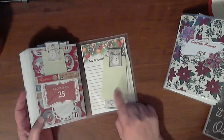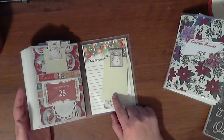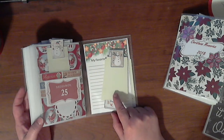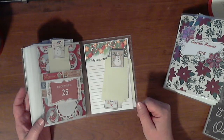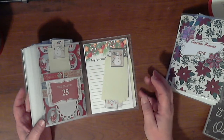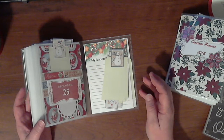There's also about 15 extra tags that I include in the back in case there's something in here your family can't afford to do, or your family just doesn't participate in something like that. And maybe you just like these activities better. There's activities like go to the angel tree and buy a gift for a child less fortunate, make a Christmas card for a soldier, wear an ugly Christmas sweater to school, make paper snowflakes, make paper chains, decorations for the